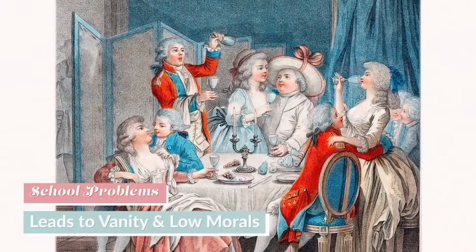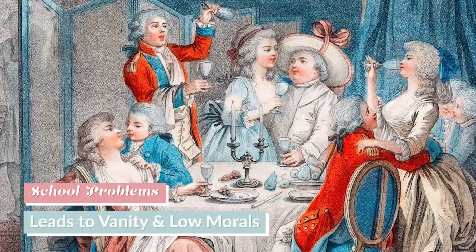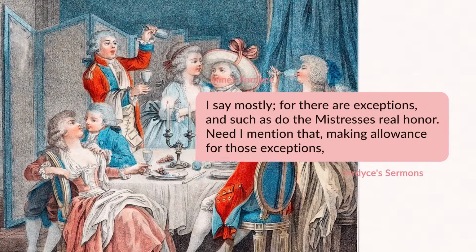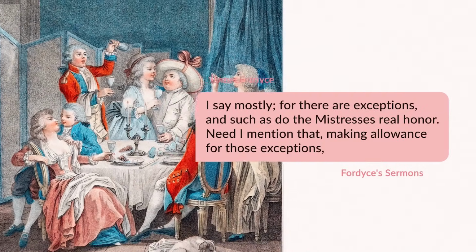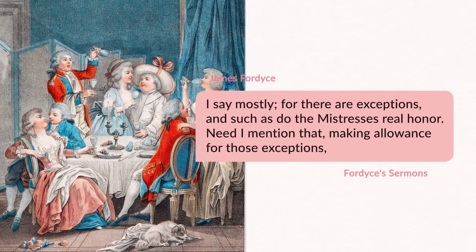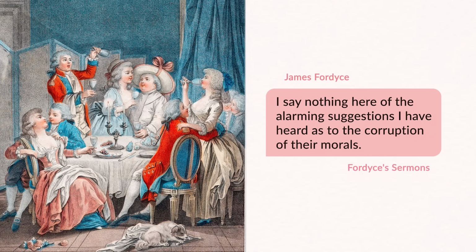We see this addressed both in Jane Austen's works and also in Fordyce's sermons. I will read you this quote about girls' schools from Fordyce's sermons. It says, "I say mostly, for there are exceptions, and such as do the mistresses of these schools real honor. Need I mention that making for those allowances, they learn chiefly to dress, to dance, to speak bad French, to prattle much nonsense, to practice I know not how many pert conceited airs, and in consequence of all to conclude themselves very accomplished women. I say nothing here of the alarming suggestions I have heard as to the corruption of